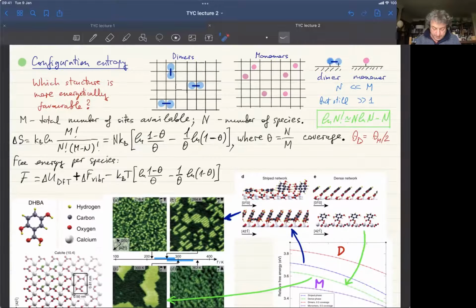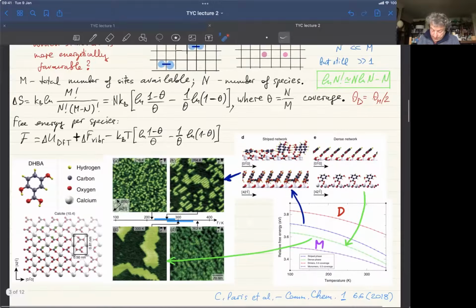What the experimentalists observed is that initially, when they deposited molecules on the surface, all in vacuum, the stripe network is formed first. And then if you increase temperature, the dense network is formed instead. So it was important for us to understand what is the actual mechanism behind this. I'm not going to talk about the mechanism, but I will illustrate this graph